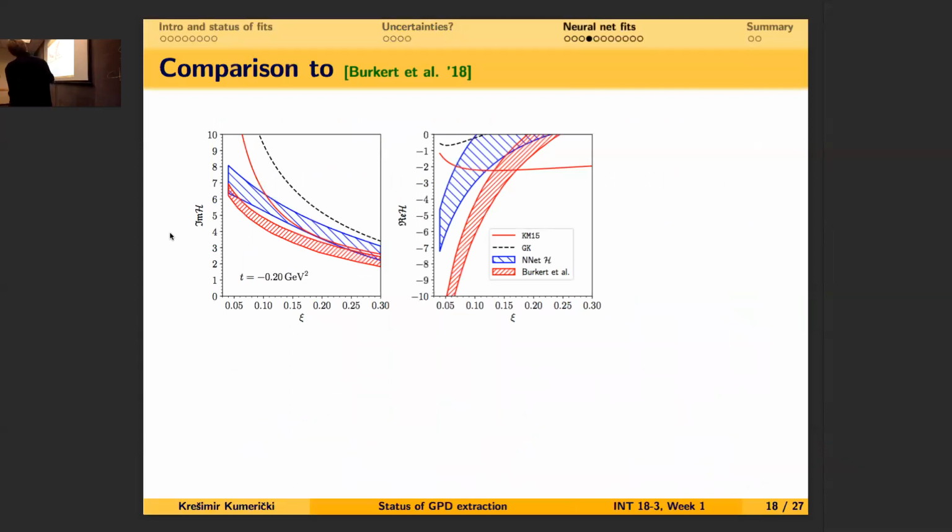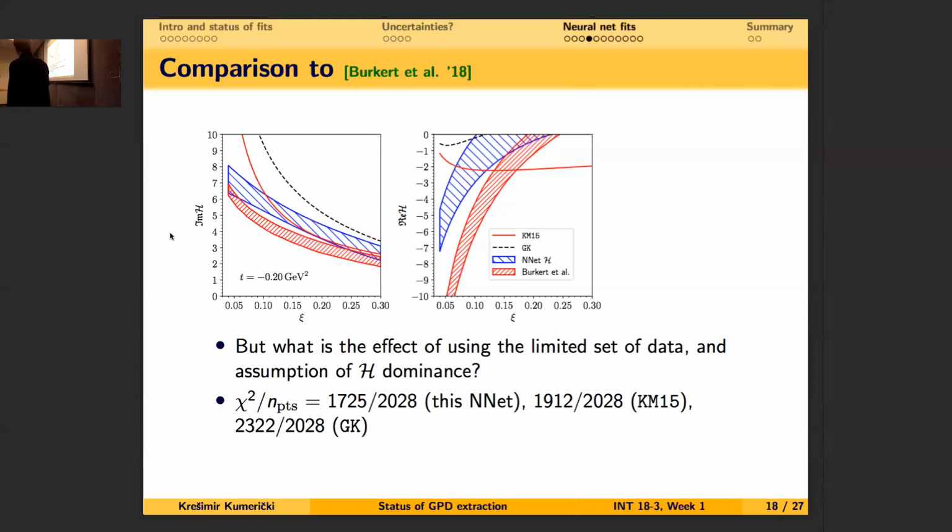You can see, for example, another thing here, that the real part of H coming from the global fit in this model fit KM15 is quite different here. And it still describes the same data well. And also you have the very famous Goloskokov-Kroll model. Here, you see, it's completely different. Well, it describes this data just slightly worse. It's a prediction, not a fit. So you see, these are the chi-squares of Goloskokov-Kroll. This is the old KM15 fit. This is the neural network fit. So all these describe data well. So you can see that there is a huge span of values of real H which is good enough to describe this data. So the effect really,